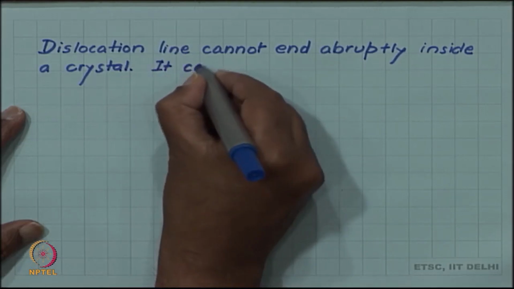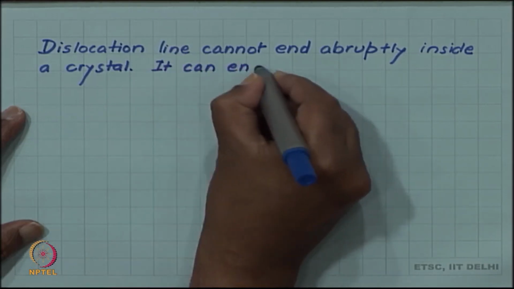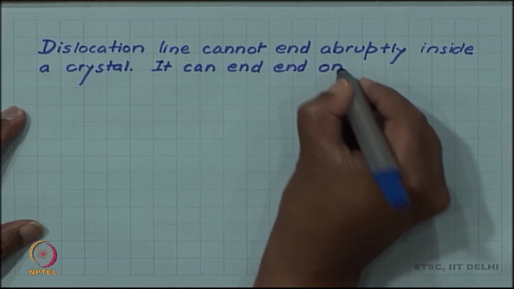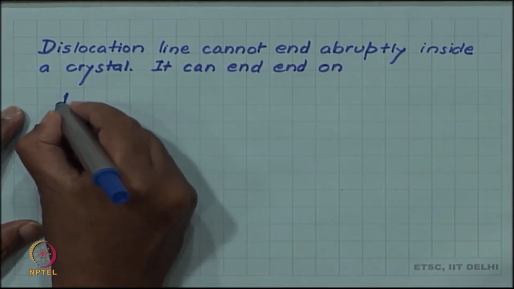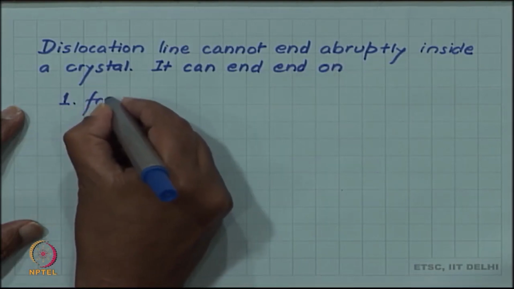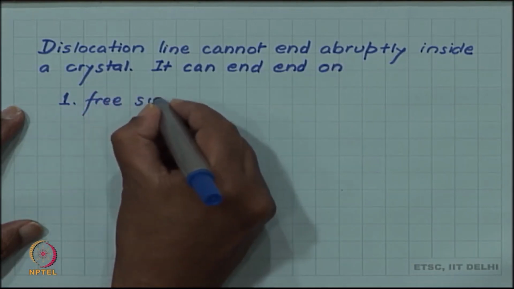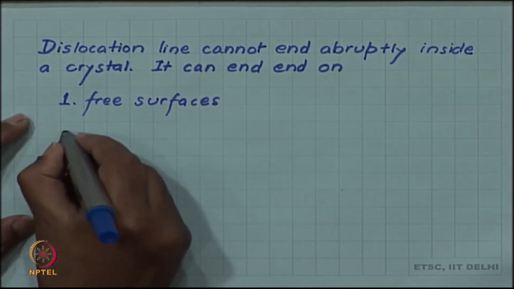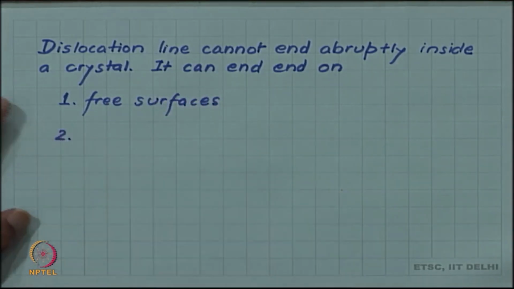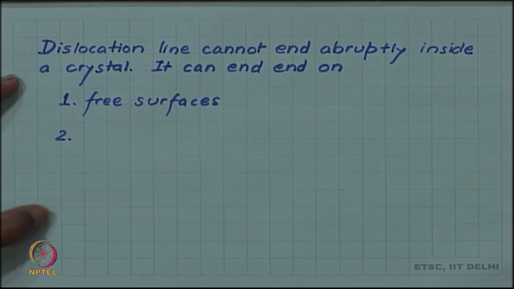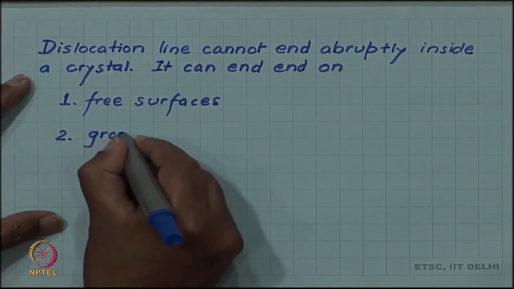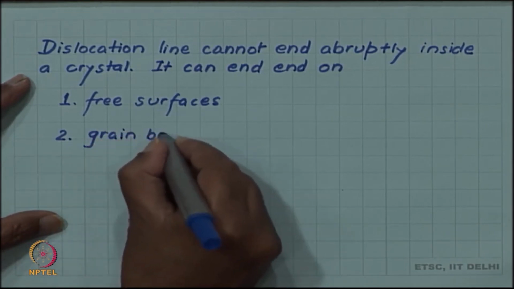It can end on free surfaces, as we have already seen. There are other locations in the crystal also where it can end. So, it can end on grain boundaries,